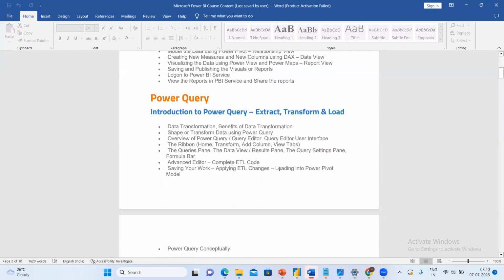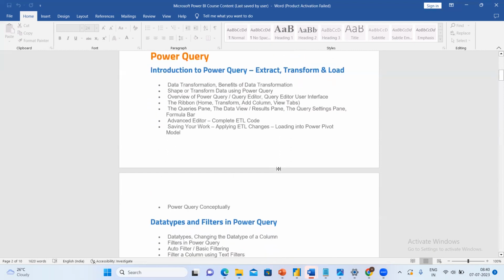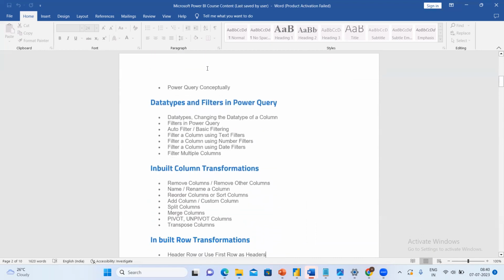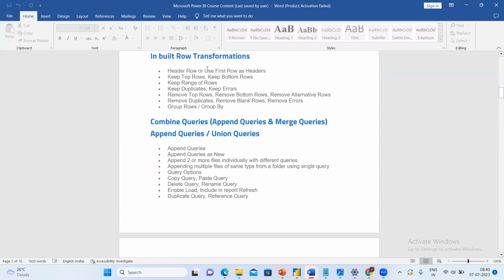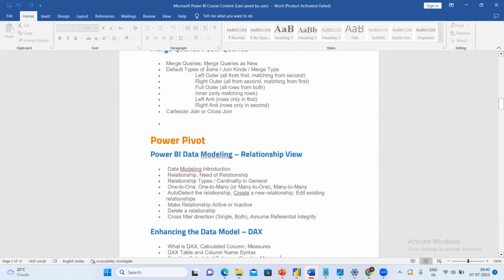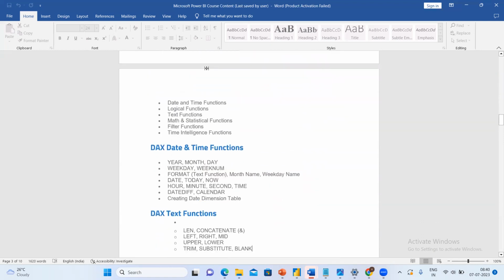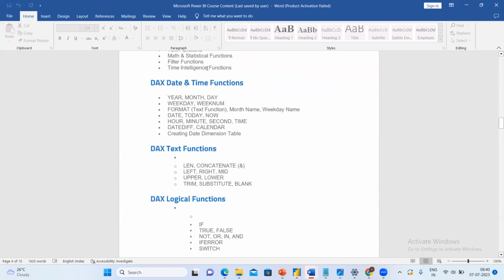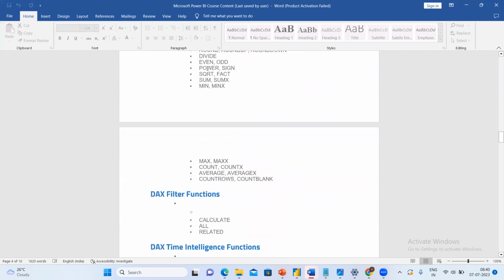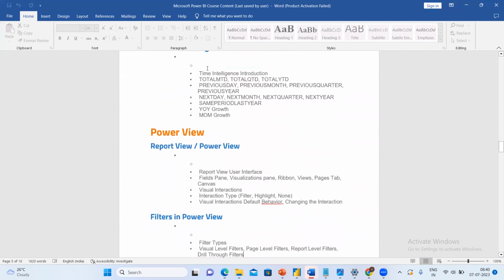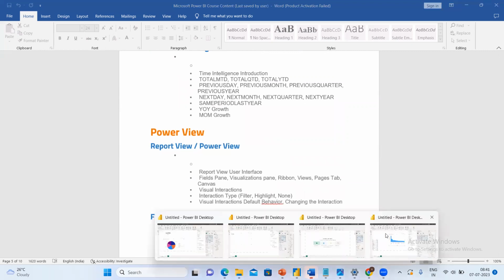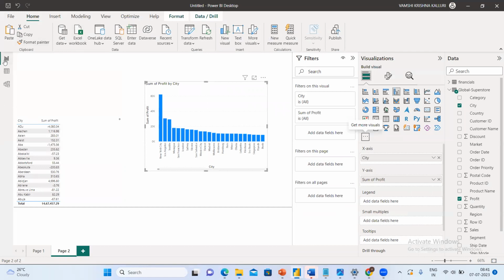We have Power Query as one of the modules, where we will do most of the ETL transformations: inbuilt column transformations, filtering of the data, and all the types of transformations, guys. Once you've done that, we have Power Pivot, one more module, where we will be writing the DAX language, and one more module called Power View, where we will represent our data in visualizations. These are the three key areas, guys. Report view is only for the end user. And then there is data view and modeling view.